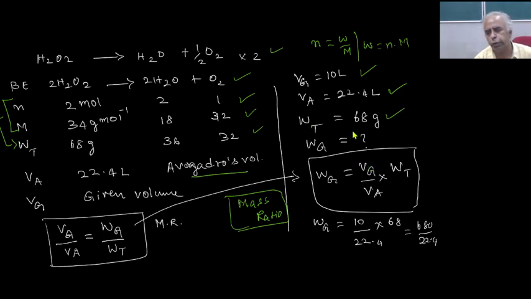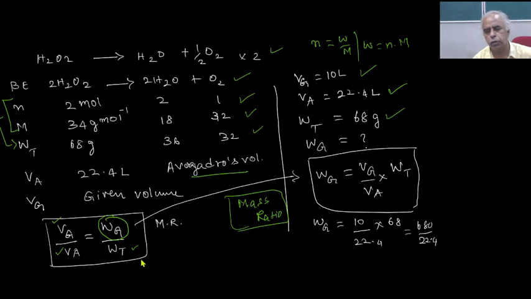I hope now you should be able to understand how we get this 68 gram, which is nothing but 2 into 34, that is 68 gram of what? This hydrogen peroxide is capable of giving 1 mole of oxygen. So based on that we have worked out. Then Wg can be calculated based on this, because Vg is given, Va is given, and theoretical weight we already know. From this we can calculate Wg.